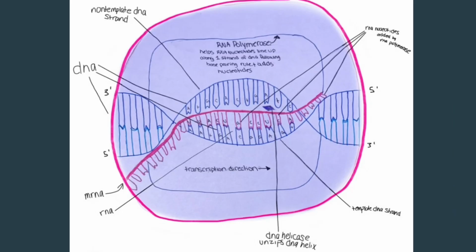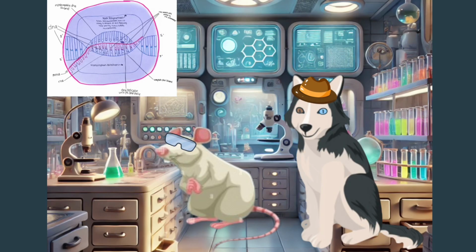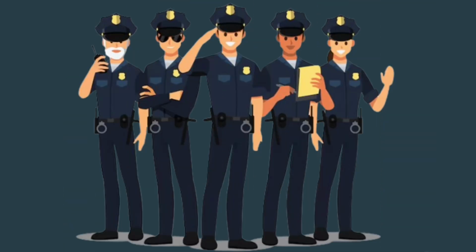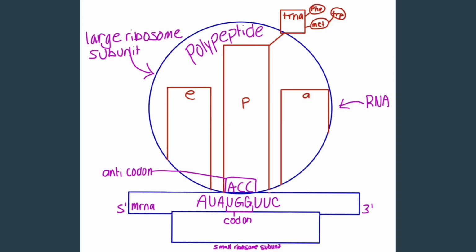Ah, that is where the translation comes in. Okay, so think of this. You have your mRNA, right, but typing a report does not solve the case all by itself. You need someone to read it and take action. So, who's reading my report? The ribosome is like your police station's action unit. They will take your typed report and translate it into real-world action,